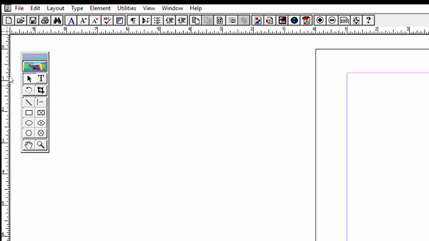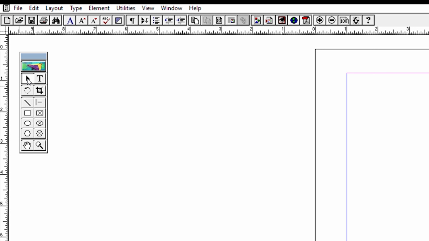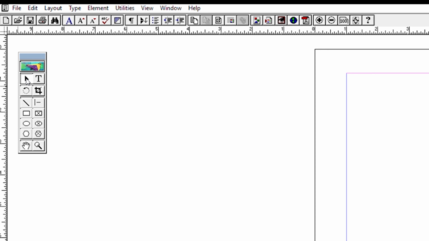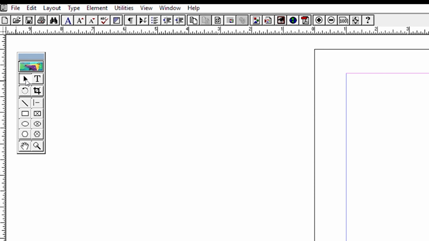Now let's see what all the tools are inside this toolbox. First one is the pointer tool. This arrow symbol is the pointer tool. The shortcut key for taking this pointer tool is F9. This pointer tool is used to select, move, and resize the text or graphic objects. We'll keep some graphics or some text here, right? We can keep some images also and text. To move that or to select that or to resize that, we use this pointer tool. Other than going here and clicking, you can just type F9 on the keyboard, and then you'll get this pointer symbol.